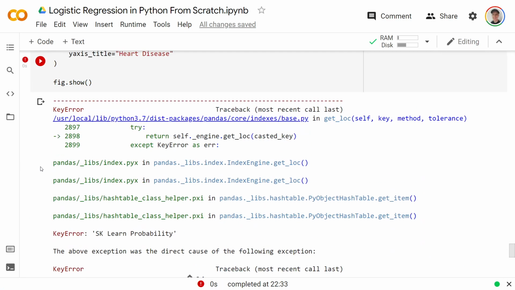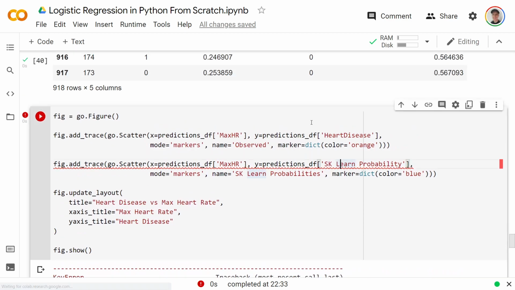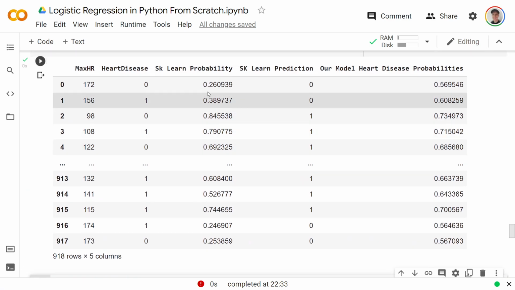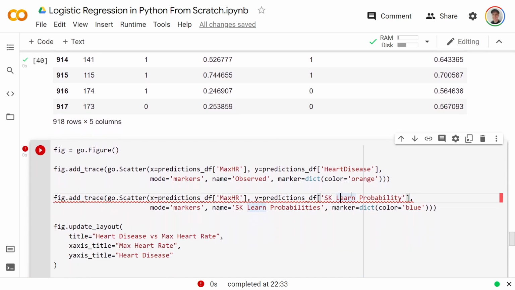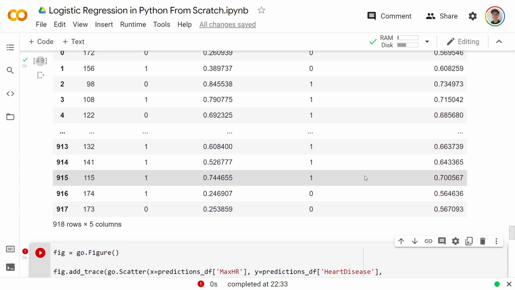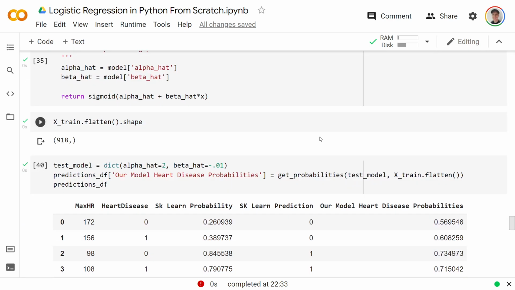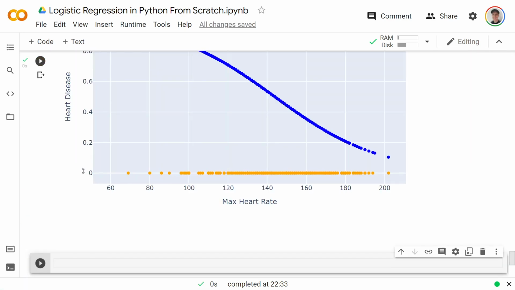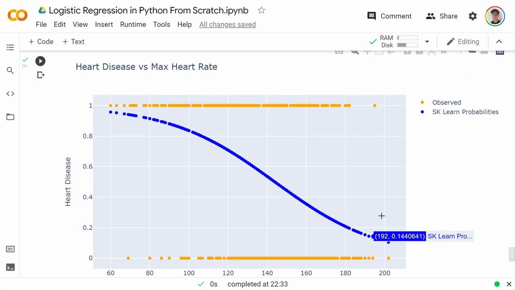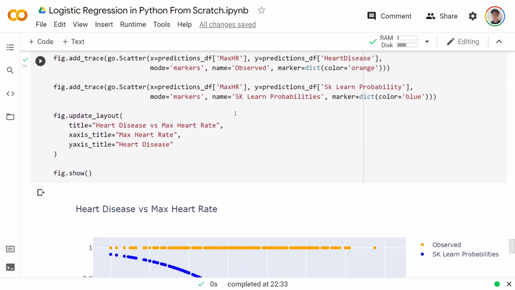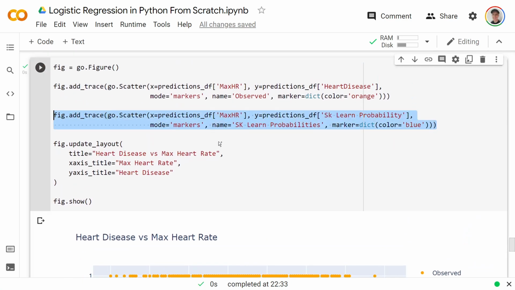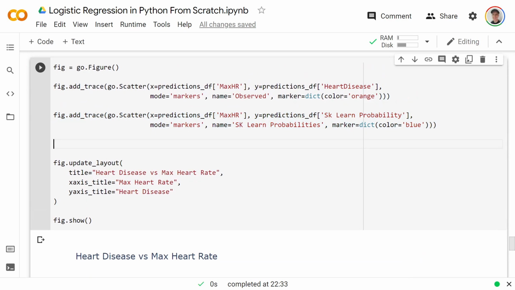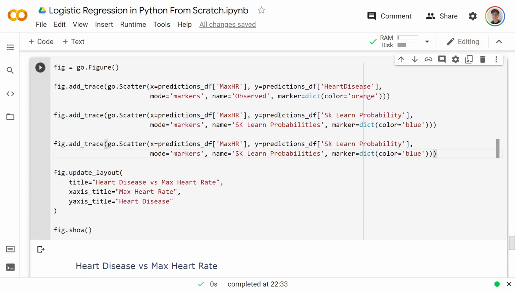Why was that wrong? A capital L, I'm guessing. No, oh, lowercase. It was lowercase. Didn't I make it? I swear I was wrong with uppercase earlier. Whatever. Sklearn probability. Sorry about that. That is the Scikit-Learn curve right there. There's our legend. We can now do another plot, which is this one is going to be for